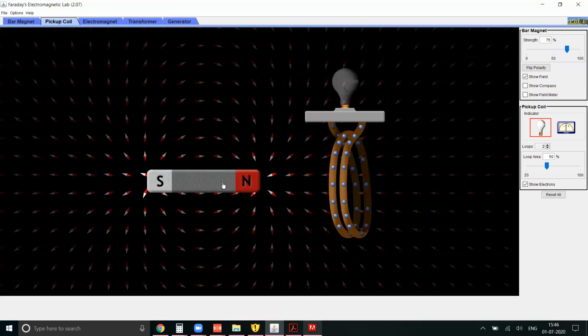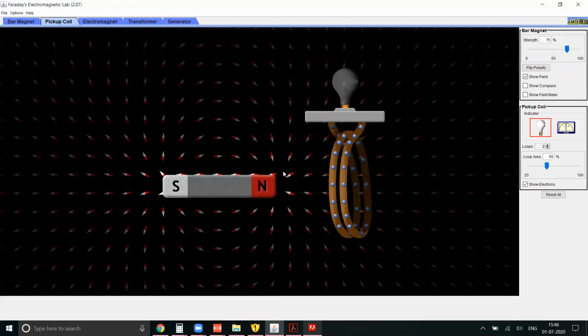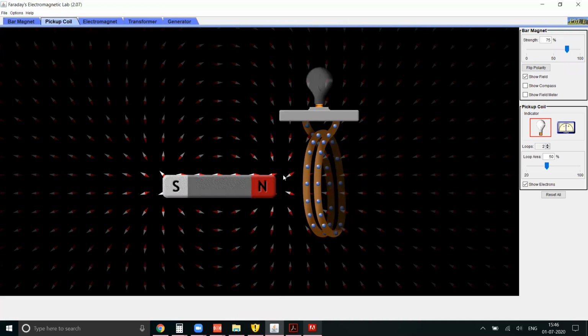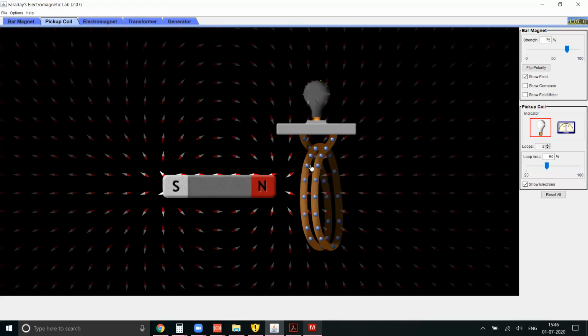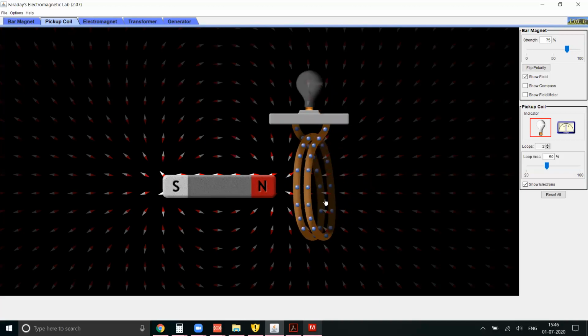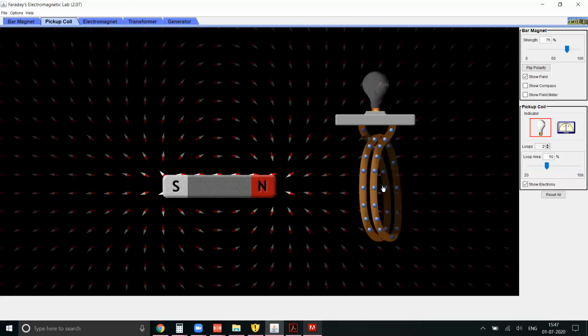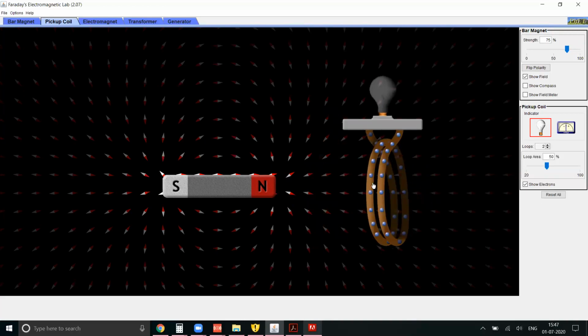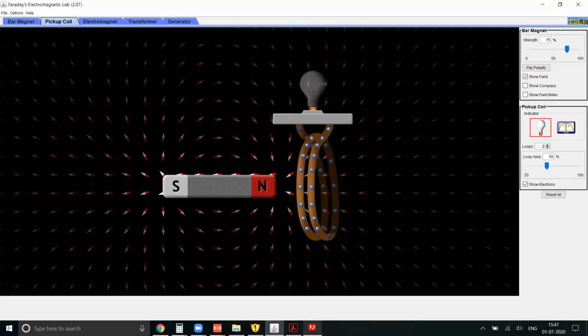This magnet has a magnetic field around it. If you observe closely, there is some amount of magnetic field passing through this coil, normal to it. Normal in the sense, the coil is like this, so the normal will be, look at my cursor, in this direction. In whichever direction I'm moving the conductor, that is the direction in which the normal of the coil will be present.